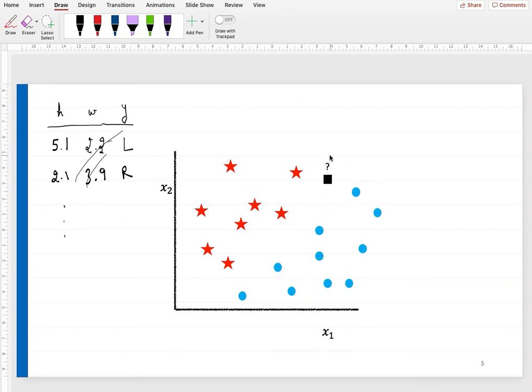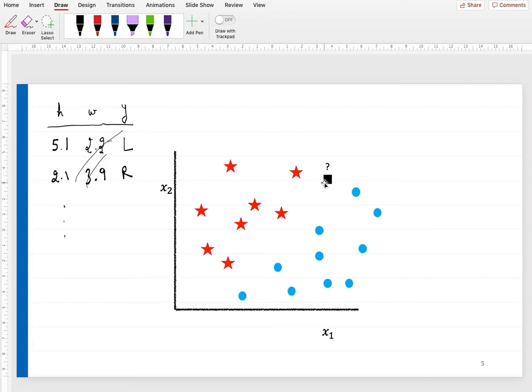Now I'm given this unknown point. This point is unknown. Means somebody tells me, I have got a flower which has this much height and this much width. Which flower is it? How can you tell? Take it back to your plot, put the mark there, and then you can get some sense. Let us say when the mark is here, what will you say? It's a rose for sure. If the mark is here, it's a lotus for sure. But if the mark is here, I'm not very sure.